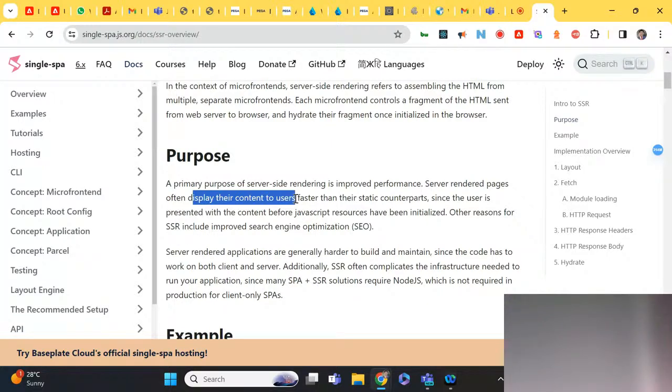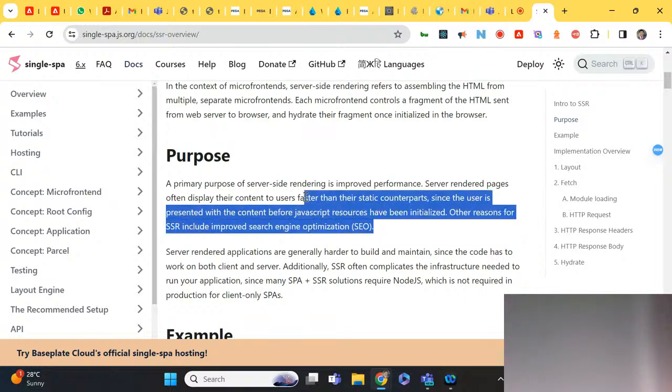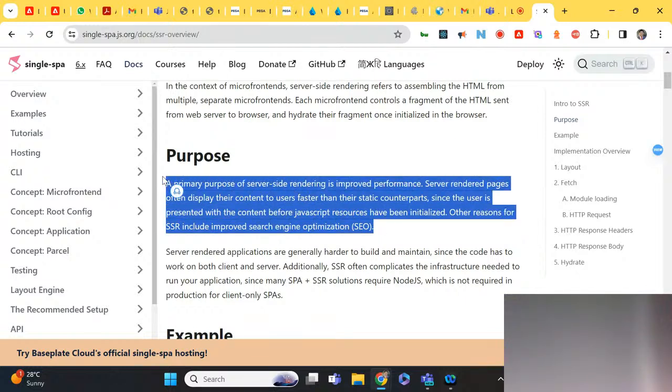But in case of SPA plus SSR, that actually requires Node.js. It doesn't have that kind of initial one-time load. It will be server-side rendered for each experience, and then search engine optimization is also improved. This is a concept where a lot of frameworks are also built on SPA plus SSR.